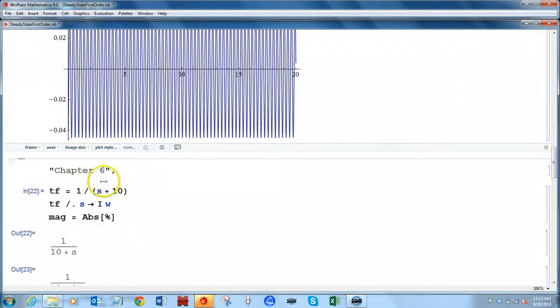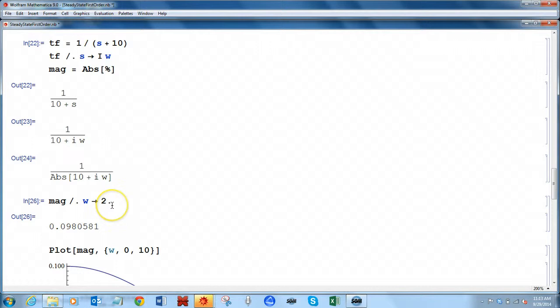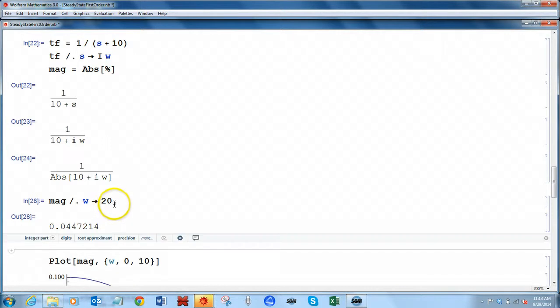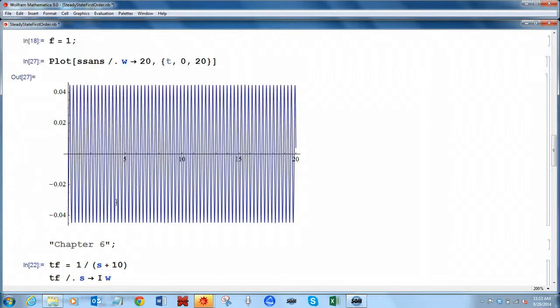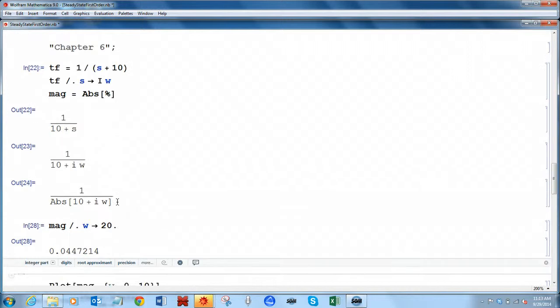Okay, so let's do that. Now omega is 20. 0.04. It's a little more than 0.04. Is that what you see up there? Will you believe me now? Okay, good. So what I want to ask you is what will happen to the